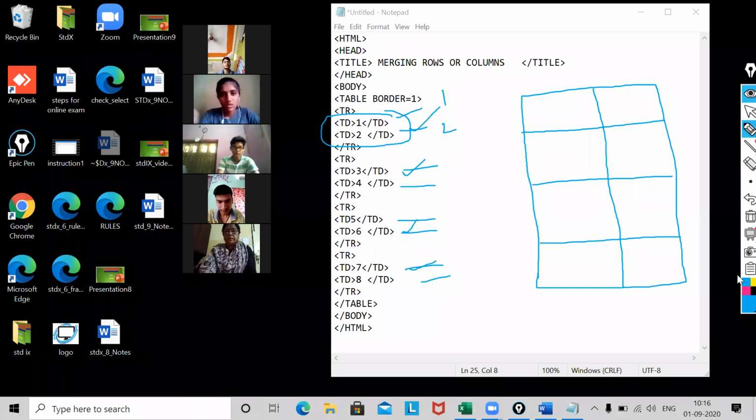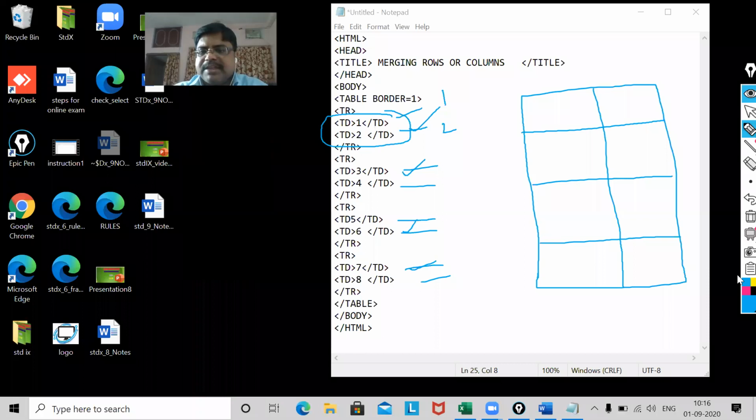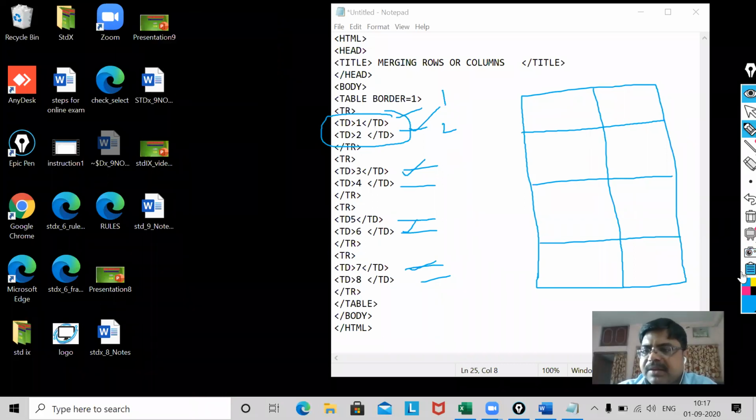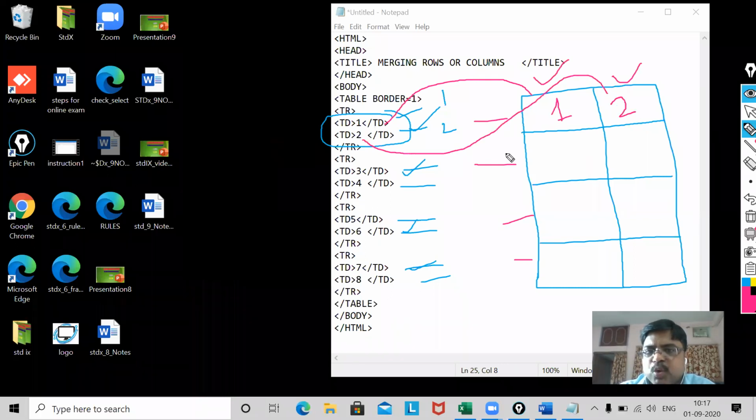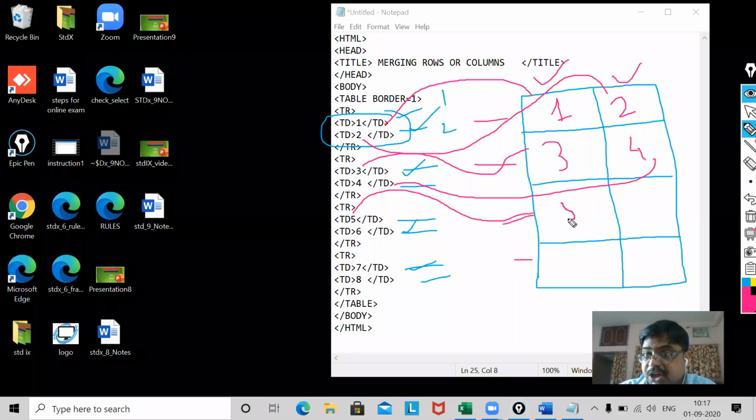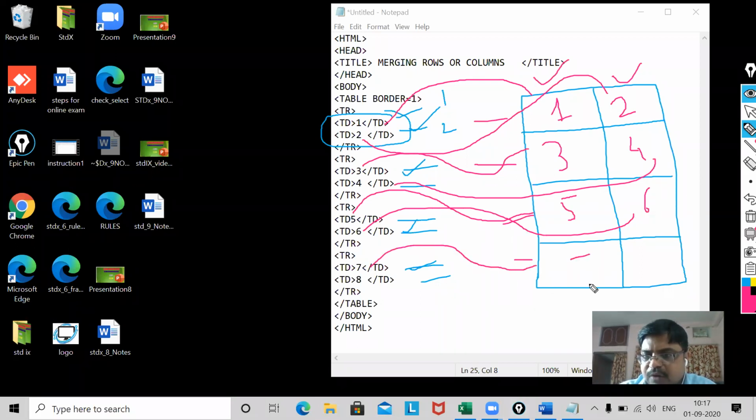Now you can see. Yes, how many columns do I have? Column 1 and column 2. How many rows? First row, second row, third, and fourth rows. Now you can see this first data will be shown here. This is my second. It will be shown here. My third value 3 will be shown here. This one is fourth. It will be shown there. This one is my fifth, in the third row. This one is the sixth value, which will be located in the third row. This one in the fourth row is the value 7, and the last one will be 8.